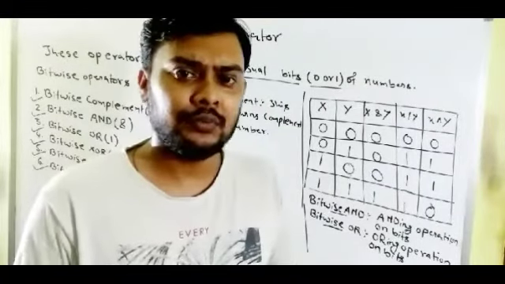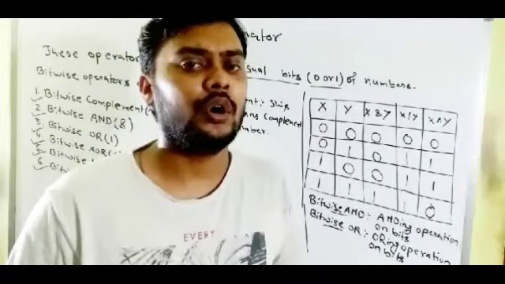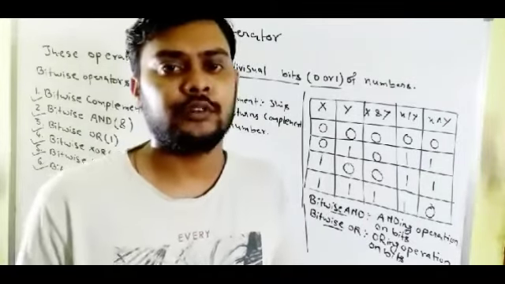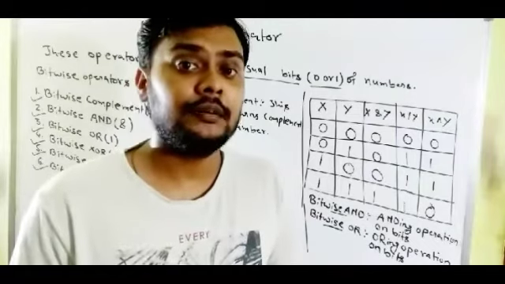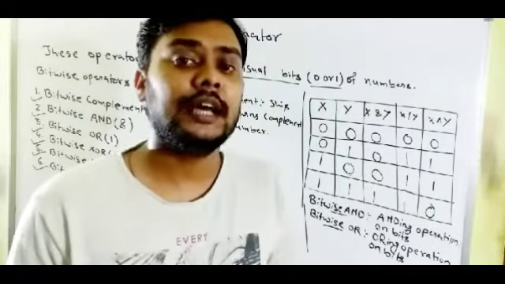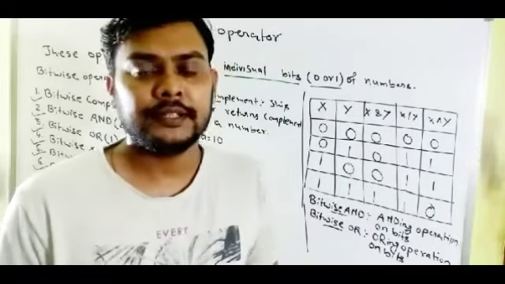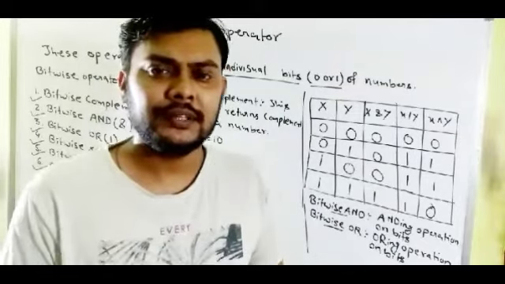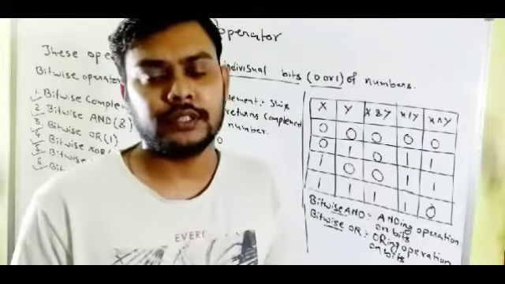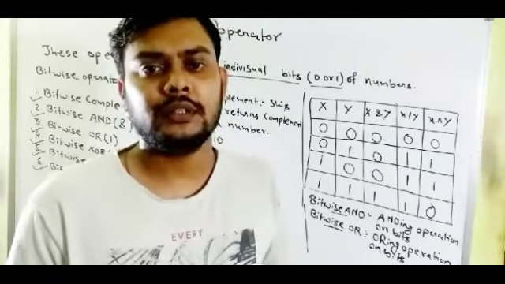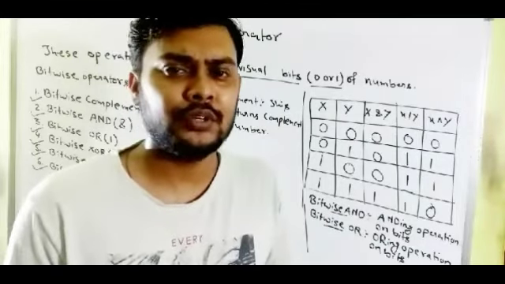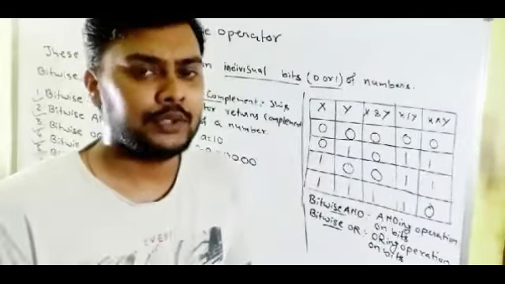Generally, C is called a middle level language. Why? Because it's used for both the hardware and the software. That's why bitwise operators are used in C, and in embedded systems. That means C, a hardware level language, is used on embedded systems. The applications where we use bitwise operators are embedded systems and network security also. That is the field where bitwise operators are used.